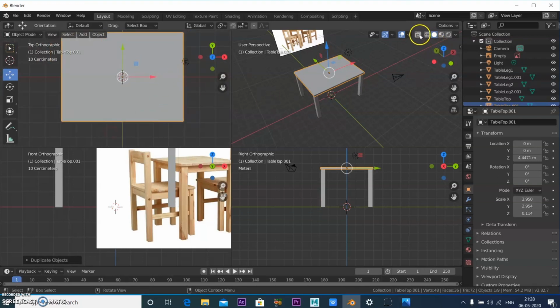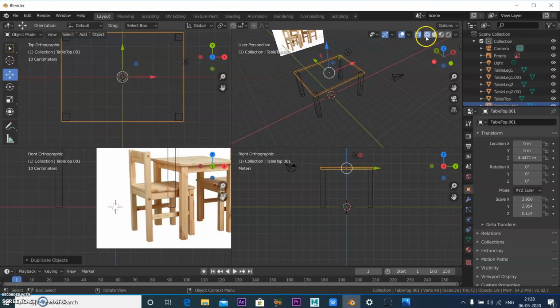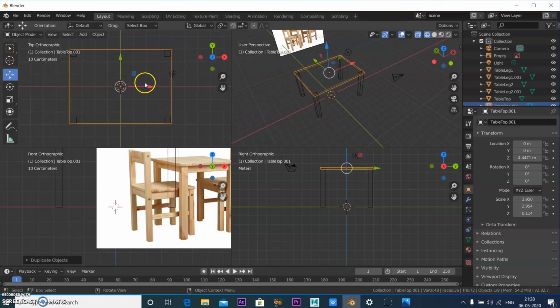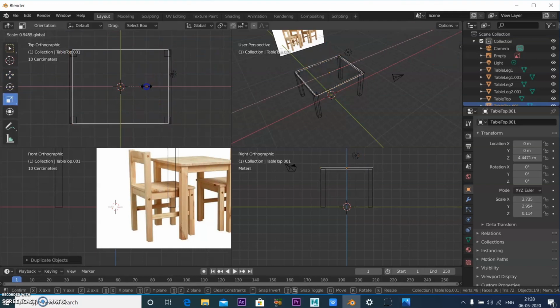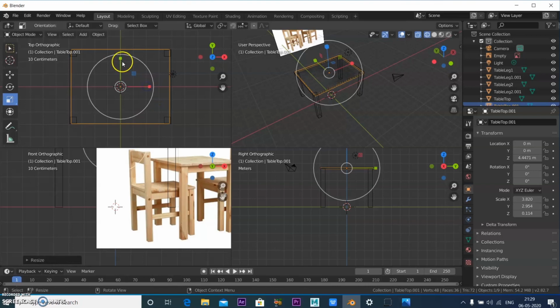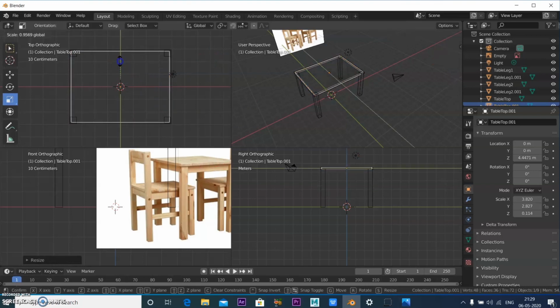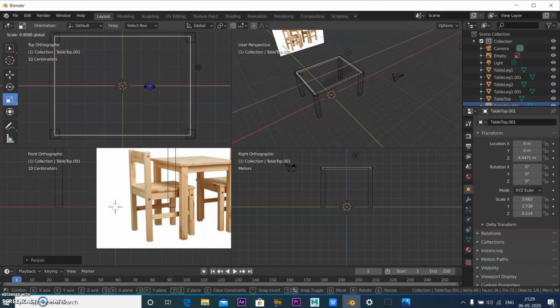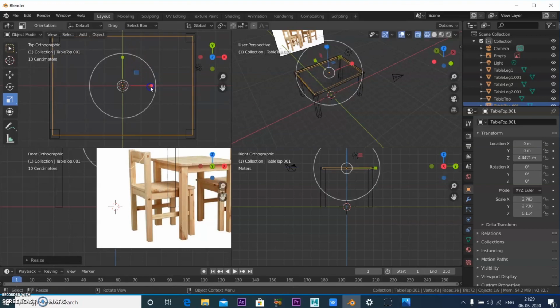You can just go to the X-ray option or wireframe. I just want to scale this cube. So go to the scale like this. So halfway. Just scale like this. Okay, so we'll just scale in both the axes, halfway in between. And it has to be a little thick in size. So you can see the thickness of this.